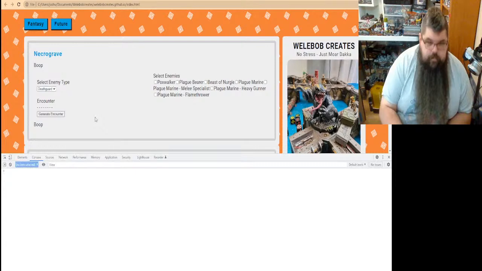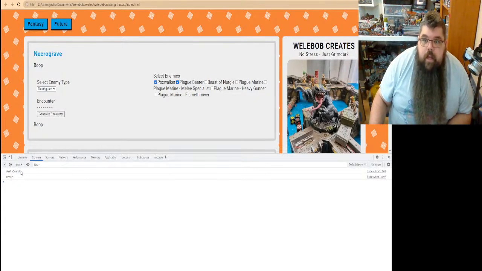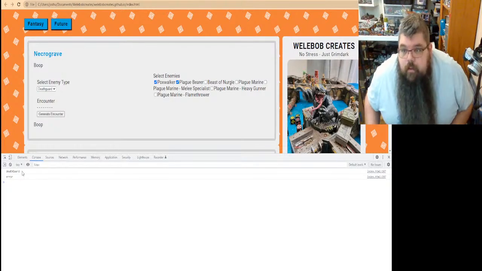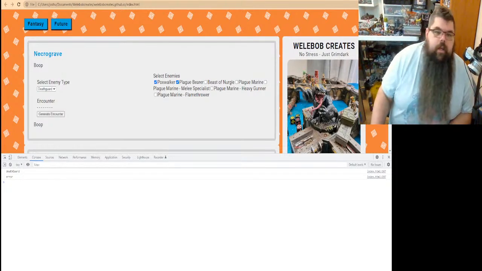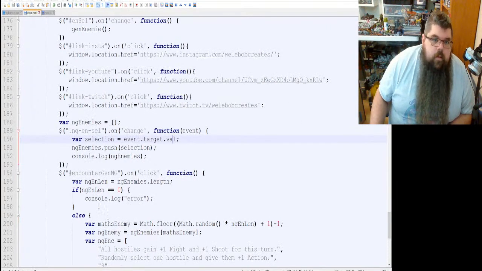Okay. Did I refresh it? Yeah, I did. Okay, so if I select Poxwalker and Plague Bearer, and now I tell it to click, I've got error at 197. Okay, let's figure it out. ng enemies.